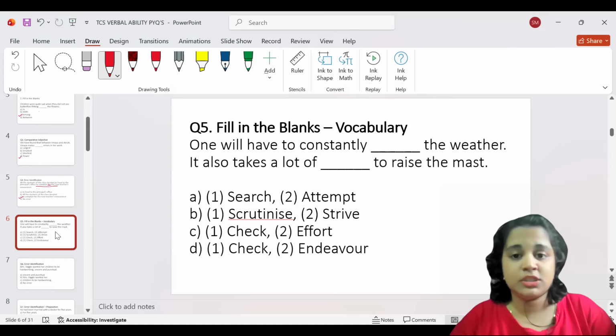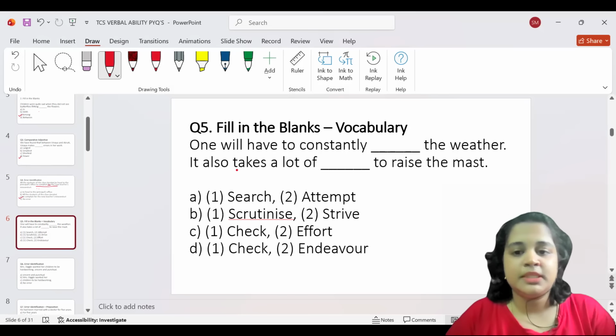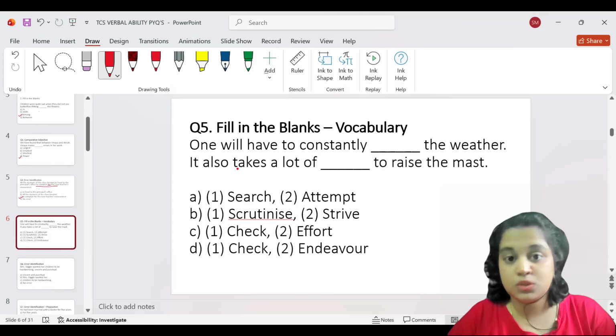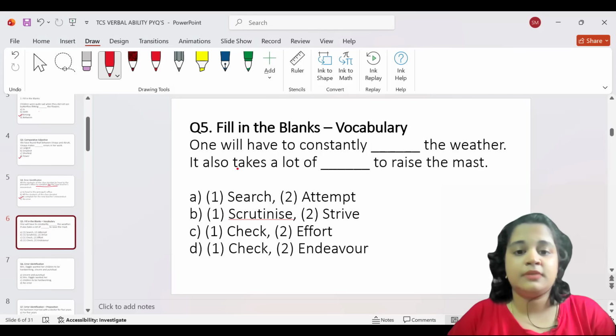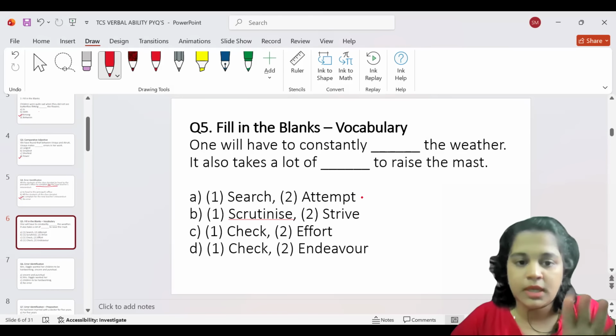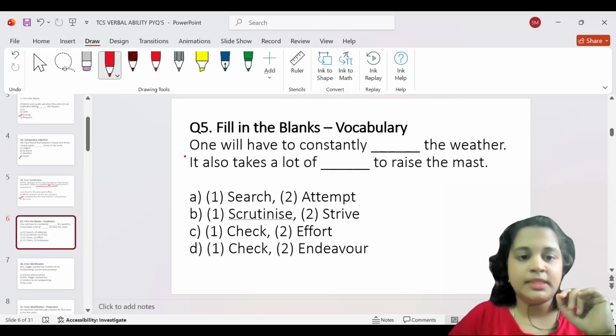Now, this is actually really a good question, a tricky one as well. Sometimes they'll give you fill in the blanks and they will ask you to choose two words that fit into both the blanks. So you'll have to pick a pair that is going to match perfectly into them. You can't go ahead and choose the first one from option A and the second one from option B. That is not allowed. You have to choose both from the same option only. Let us read it and let us solve.